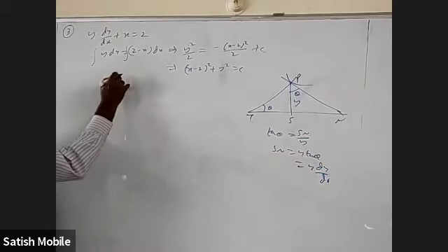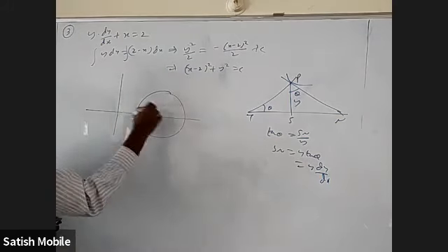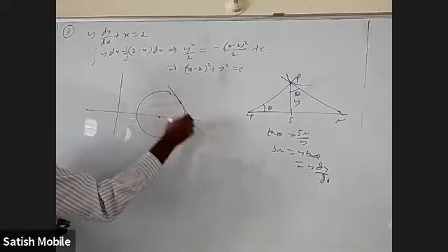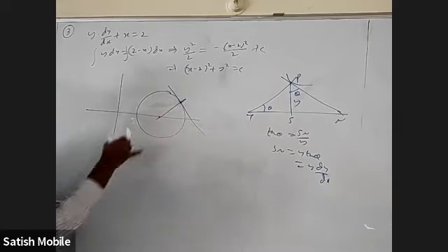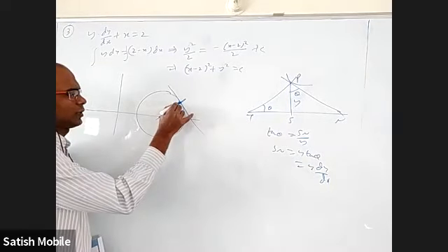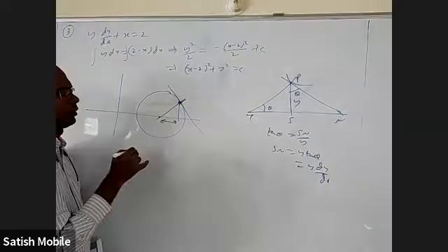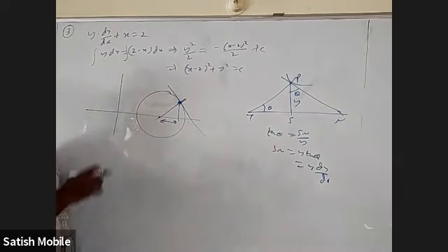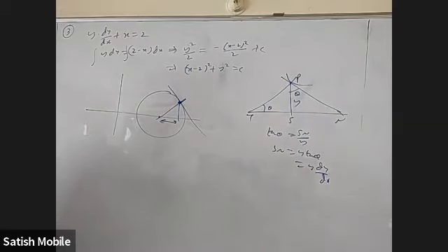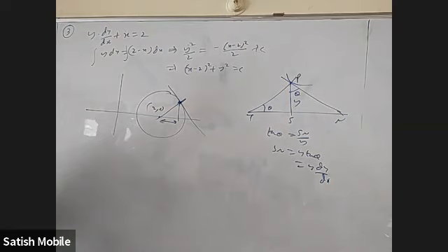In fact, if I want to visualize this also, I can. If I take (2, 0) and take a circle, take any point, this itself is a normal. And if I take this point, this is the subnormal. And abscissa means from here to here. Their sum is 2, but here the difference is coming to 1. Is it because of some minus?